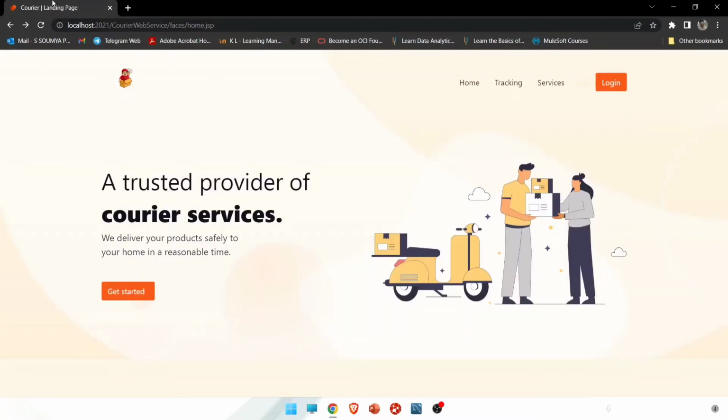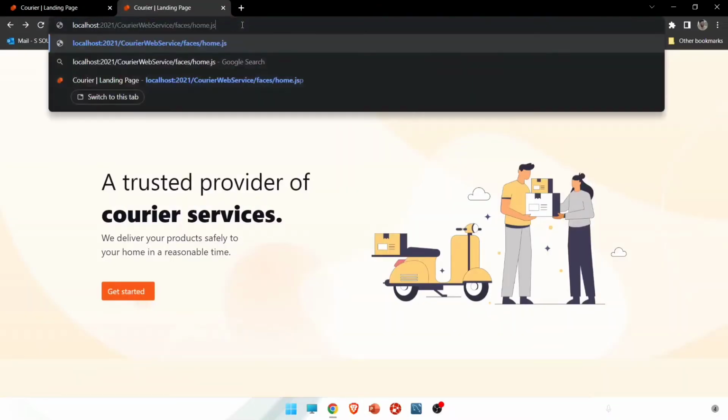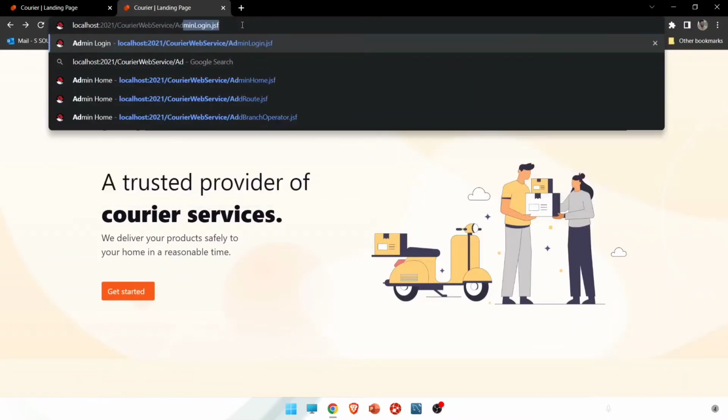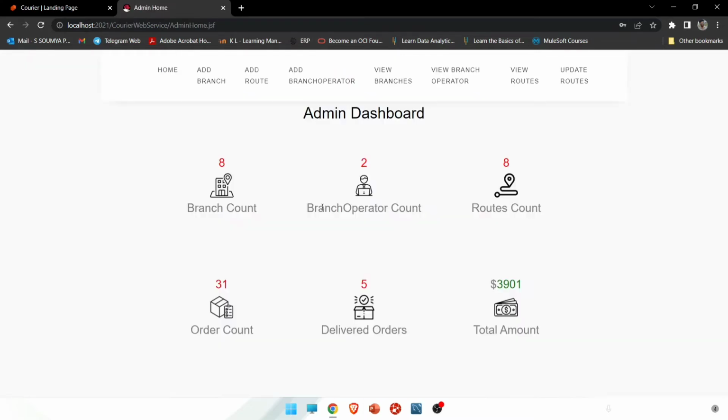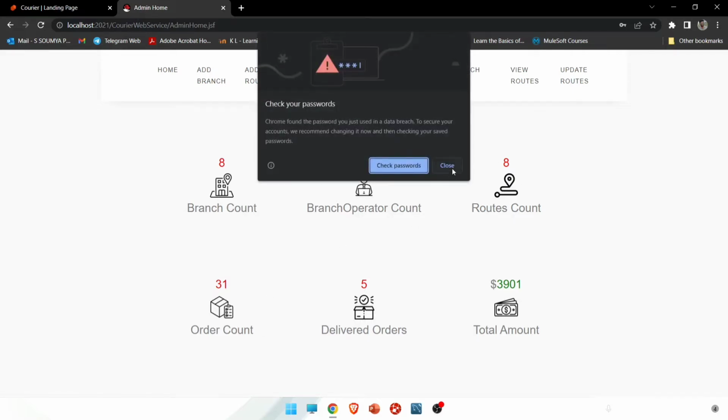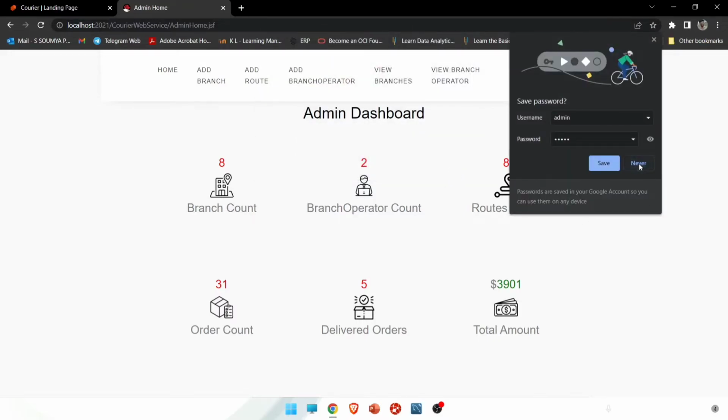Now let's see what's happening in the admin part. So this is the admin console. You have to first get the credentials for the admin. Since I have it, I will log into it. There are a total of 8 branches, 2 branch operators, 8 routes, 31 orders as of now, and 5 orders that have